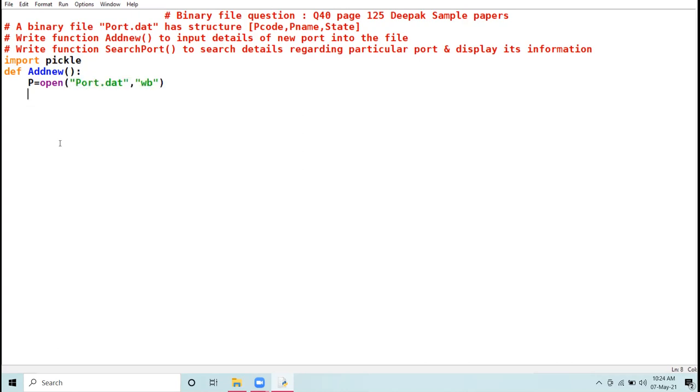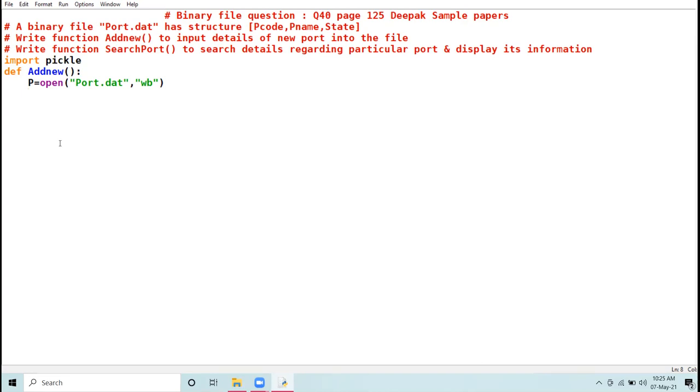WB means write data in binary. It also takes you to the beginning of the file and data is written from the beginning. If the file already exists, the previous data gets truncated, and if the file does not exist, it creates a new file. Okay.